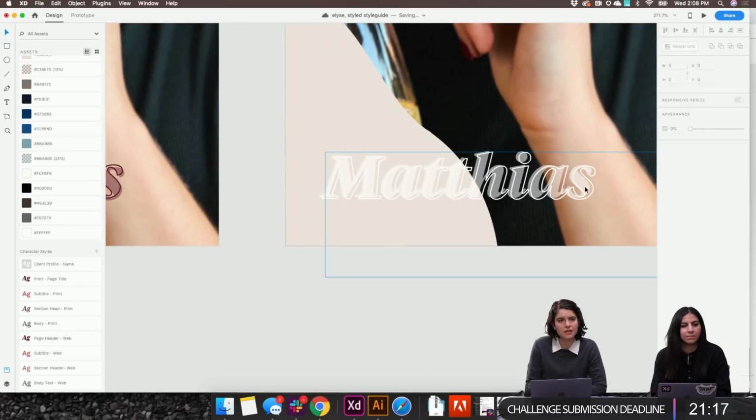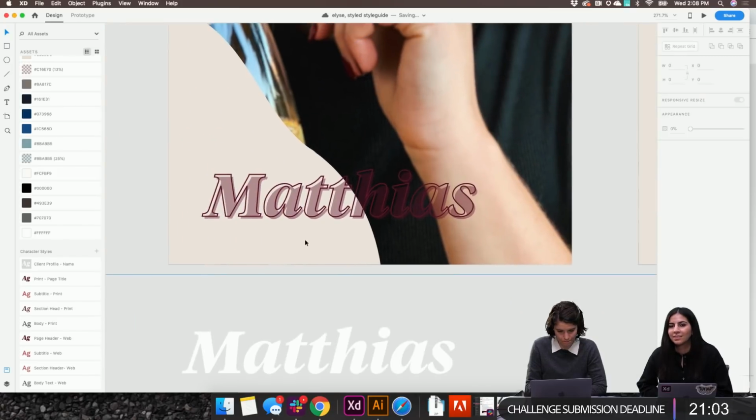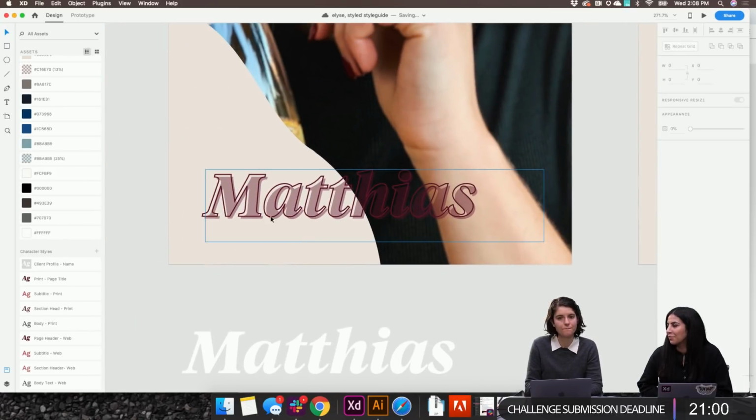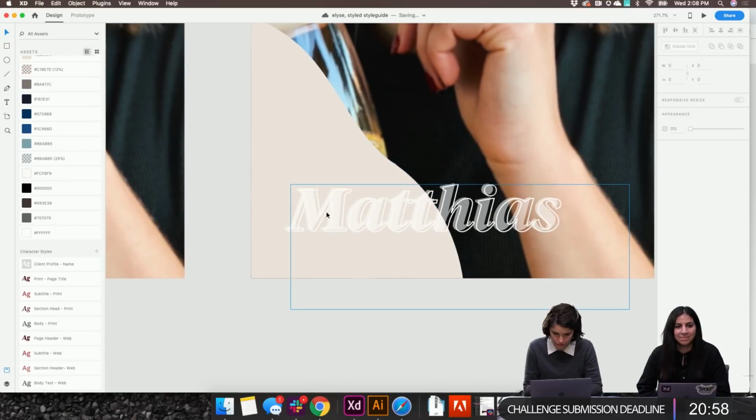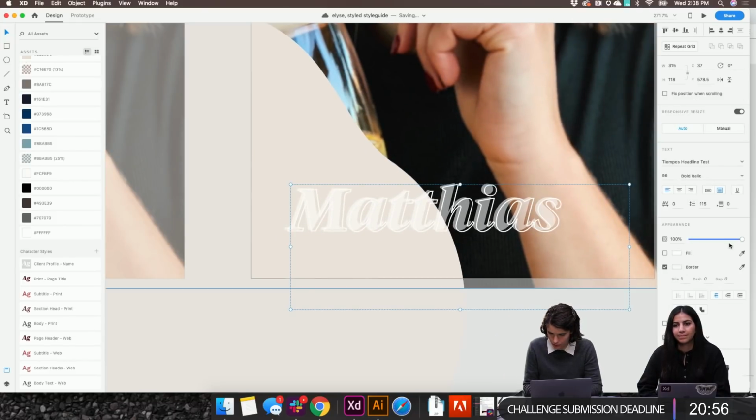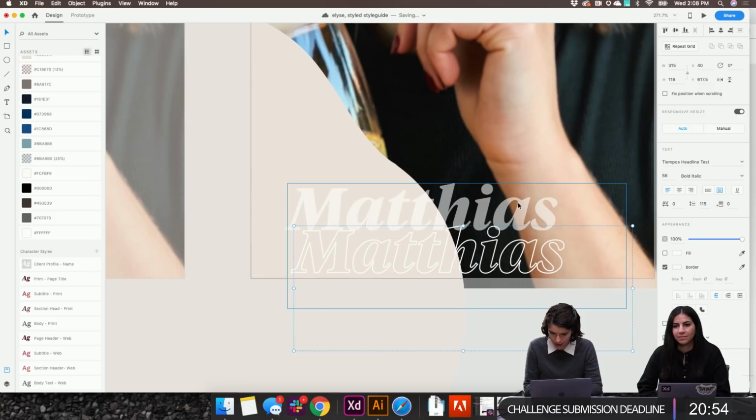I think you suggested 10% opacity? Yeah, he says to make the white subtle. I'm not sure what he means. Do you mean the outline or the inside part, the fill? I don't know. We can try everything though.